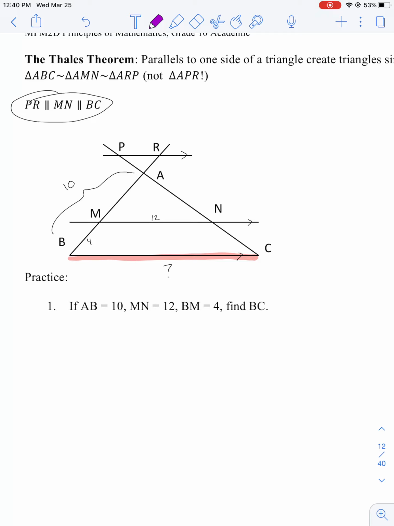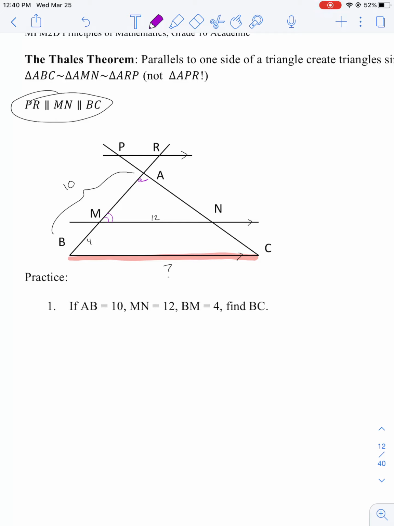So if I take a look at triangle AMN and triangle ABC, well, the first angle is easy to prove because they are sharing the same angle. Both triangle AMN and triangle ABC share angle A. Then if we take a look at this angle right here, coming from point M,